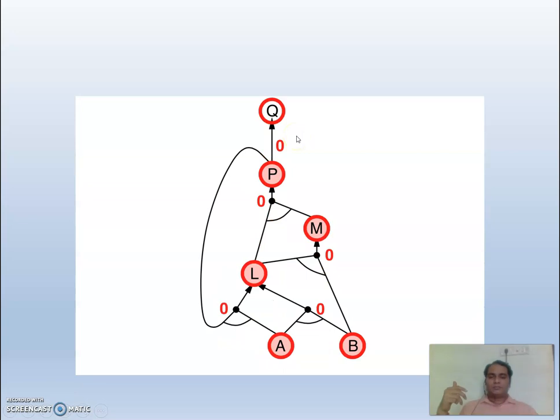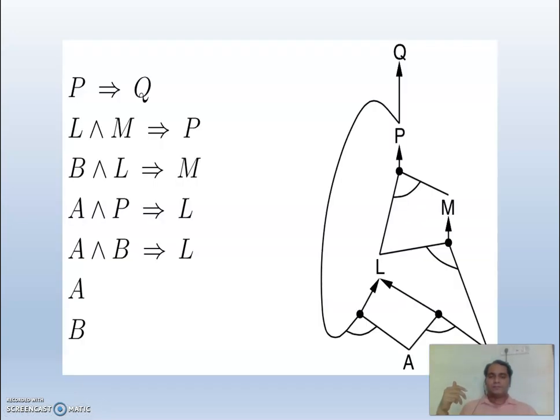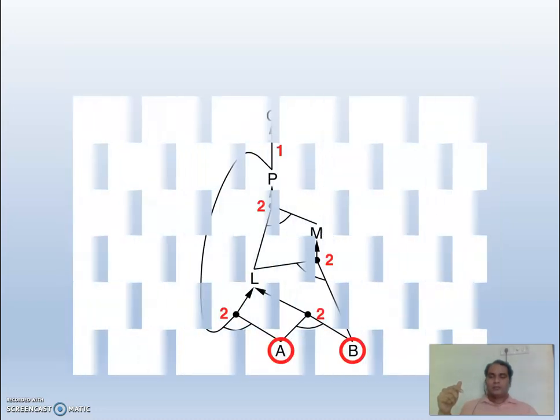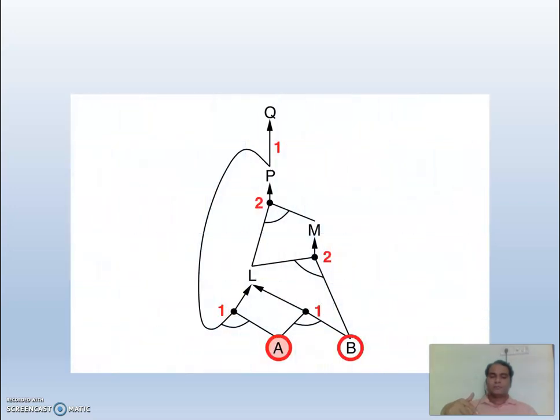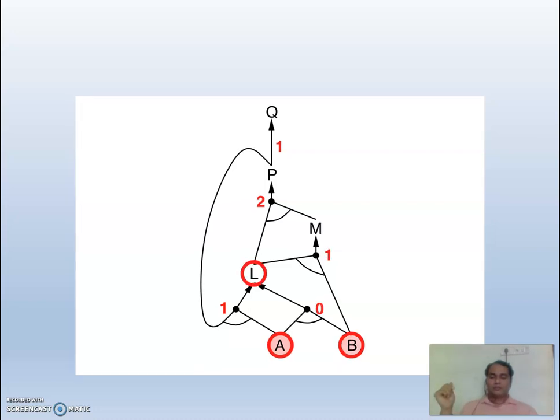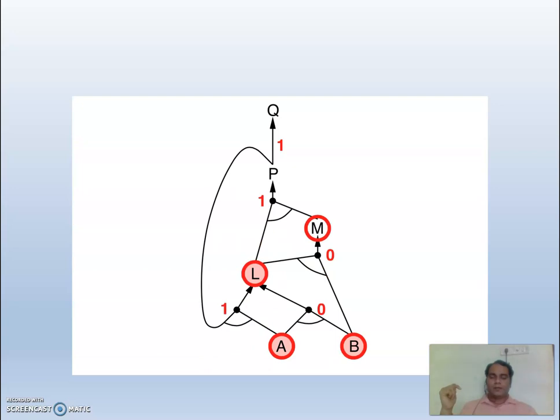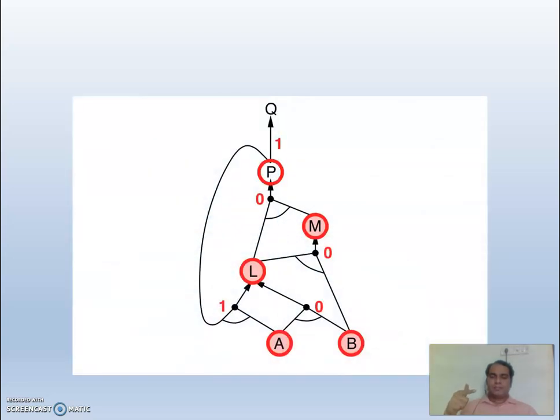Please once again observe. So these are the things that I have. Started from A and B. So L I can reach. That is the next node I could derive, and based on B and L I can reach M. Based on L and M I can reach P. So from P there are no more premises that can lead me to M.